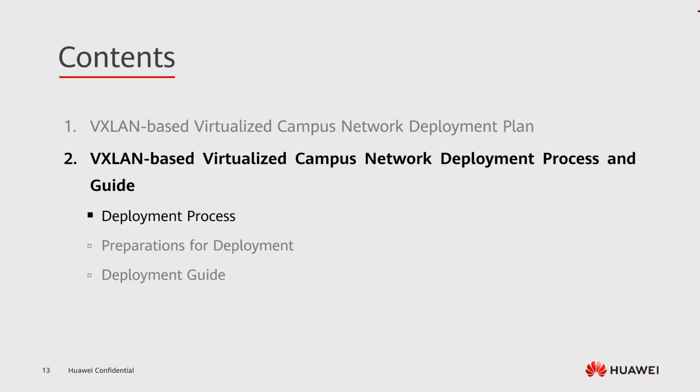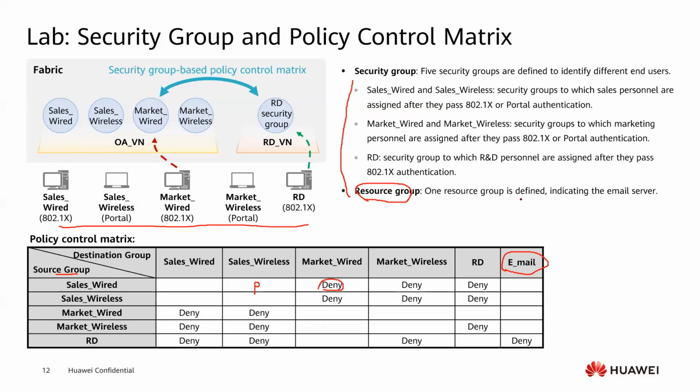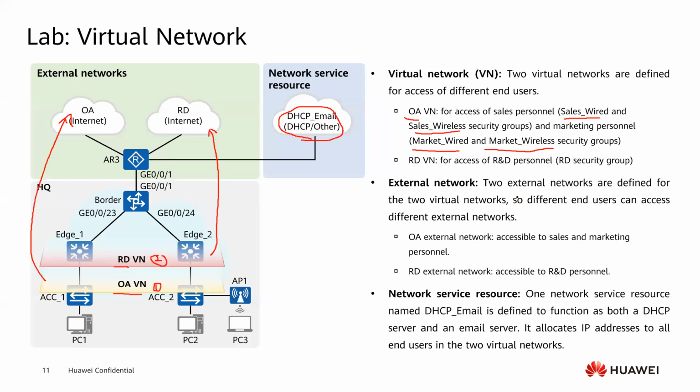Okay, someone asked me, what does OA mean? The OA just means office automation, just means the office users. So we use OA in short to refer to the users in the office. As usual, the OA users are always present on our network. We just use it as an example, and the RD is just